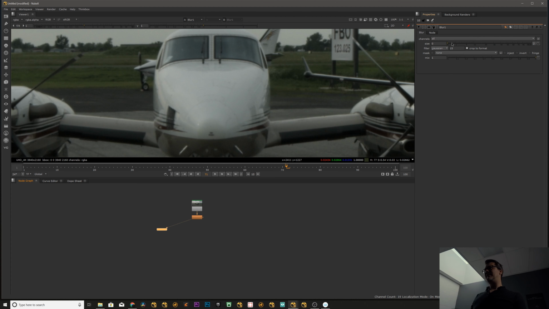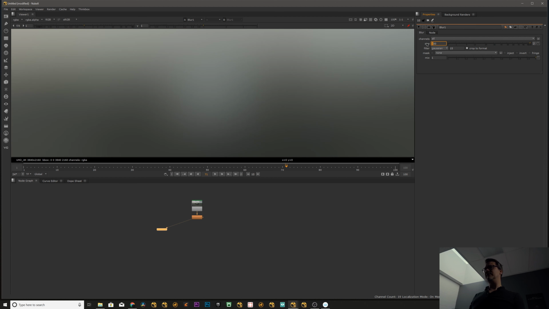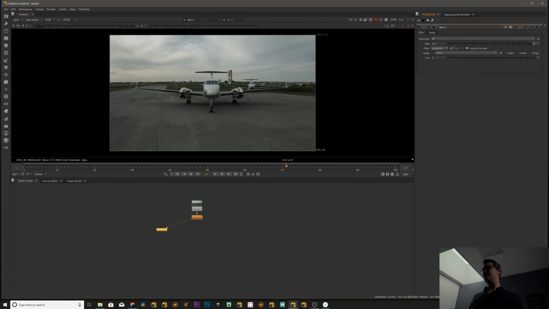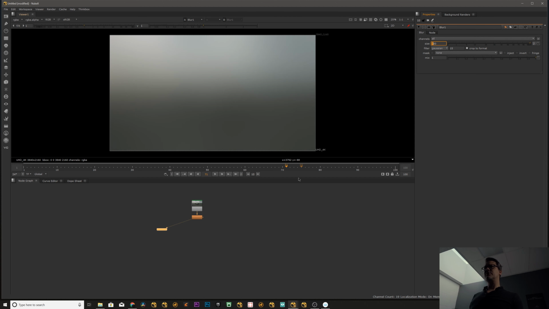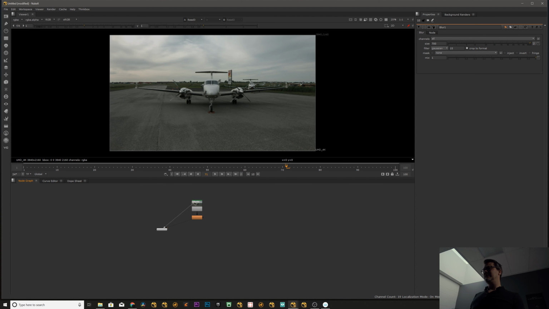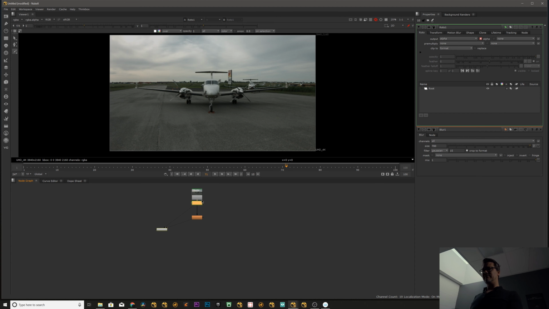So if I start and augment the blur size, you can see that my image is getting blurred, and you can go really crazy with that and blur your image. So this is a very short tutorial, but let's say you have an alpha of a rectangle,